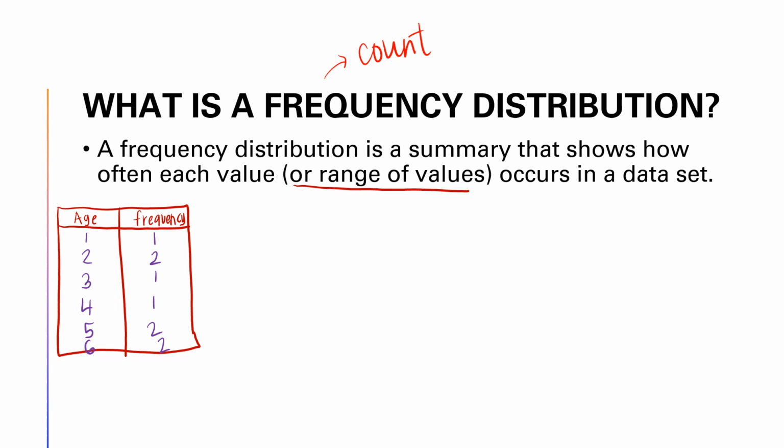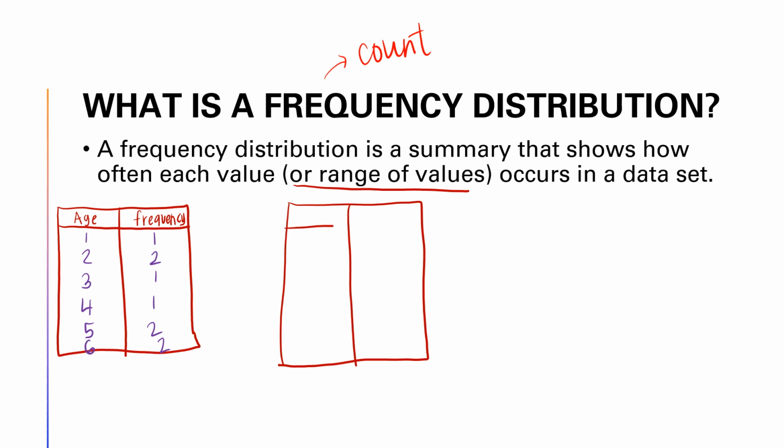If you had a really big data set with lots of what we call variation, which is just differences in the ages or whatever your variable was, then you might instead construct your frequency distribution and say ages 1 to 10,